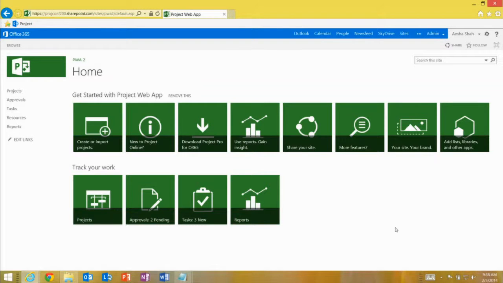So if I were to set up my PWA page to help the end users focus on timesheets, I can go ahead and customize this carousel. And since I have single entry mode enabled, I want the users to submit their task progress via the timesheet. So I want to remove this task tile that you see over here. To do this, I'm going to go to the gear icon, click on Edit Page,